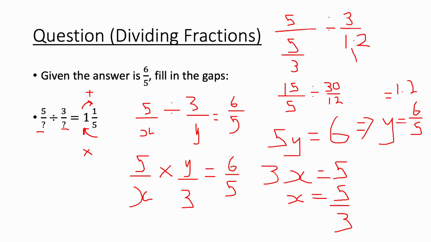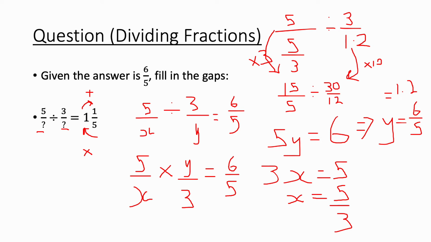I've just multiplied top and bottom by 10 to make it into an equivalent fraction without any decimals, and here I've multiplied top and bottom by 3 in order to get rid of that denominator of this part of my fraction. So the 5 is kept there, and then I get 5 lots of 3, which is going to be 15. Now, working this out, guys, 15/5 divided by 30 over